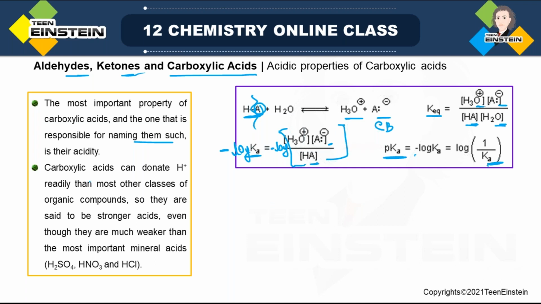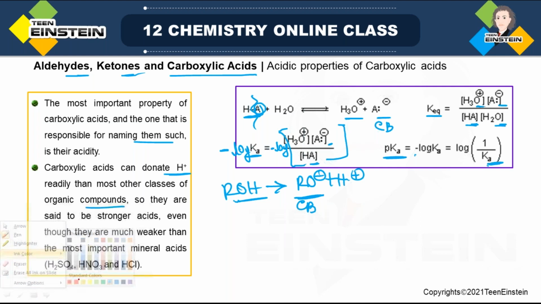Fine. So carboxylic acids can donate H plus more readily than most other classes of organic compounds. You can also consider ROH, that is alcohol. But here you are getting RO minus and H plus. But this dissociation, if you compare with the dissociation of carboxylic acid, obviously is not so significant. Fine. Because in this case, the conjugate base that you are getting is the alkoxide ion, RO minus. Suppose if it is methanol, it is MeO minus. If it is ethanol, it is EtO minus. Now these conjugate bases are not very stable. But if you consider the conjugate base of carboxylic acid,